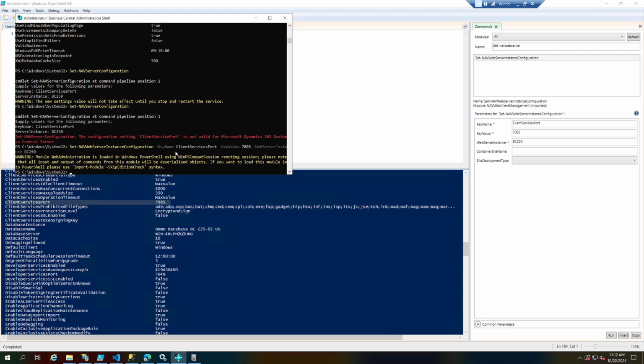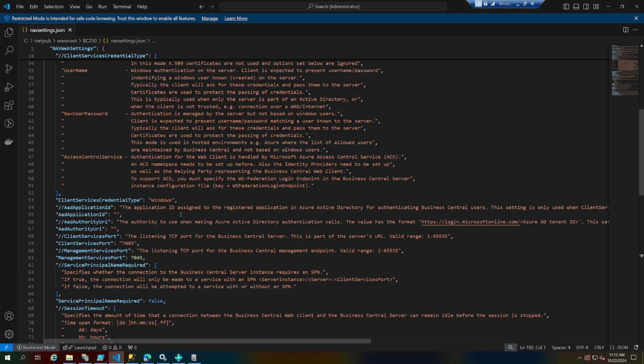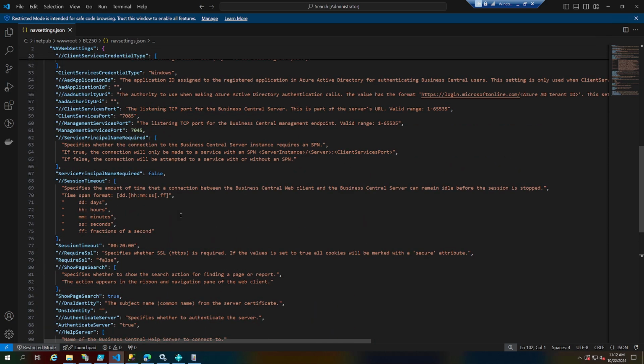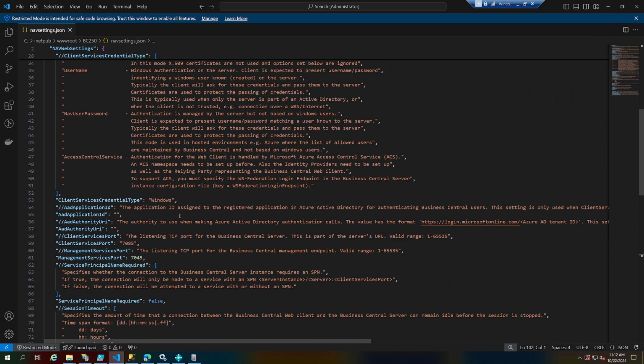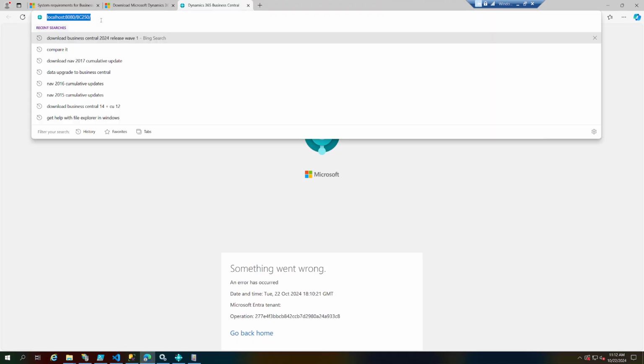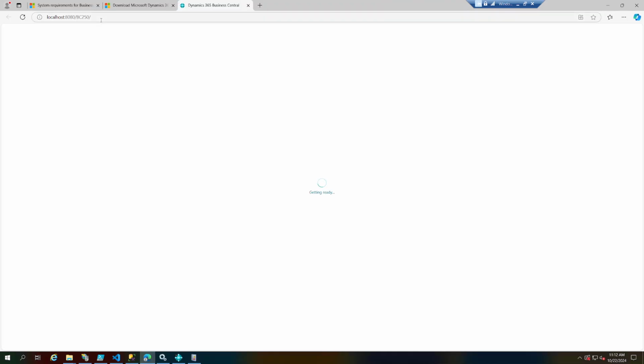And now if I do it now and refresh my thing here, where is that client service port? So if you see, the client service port has been updated, and I should be able to now access this. Let's see what happens. Hopefully this works this time,